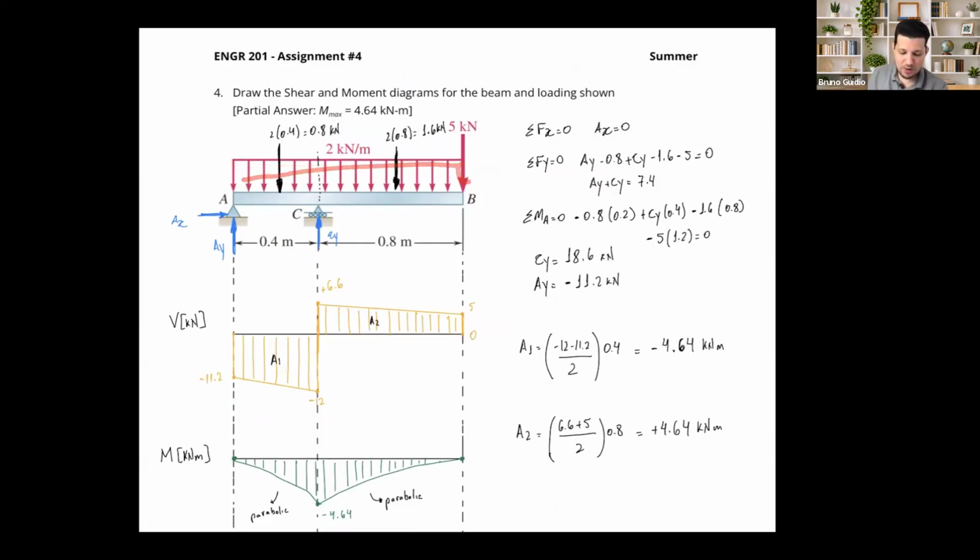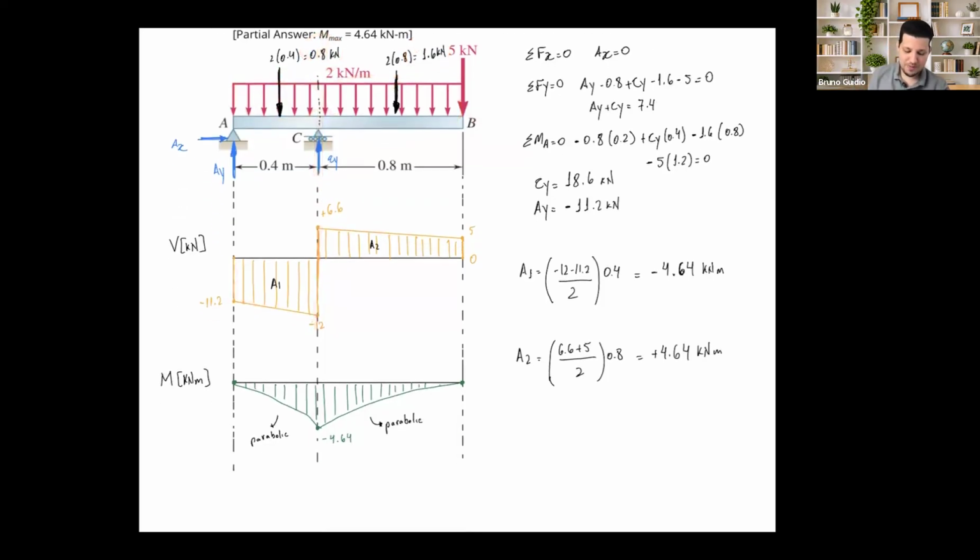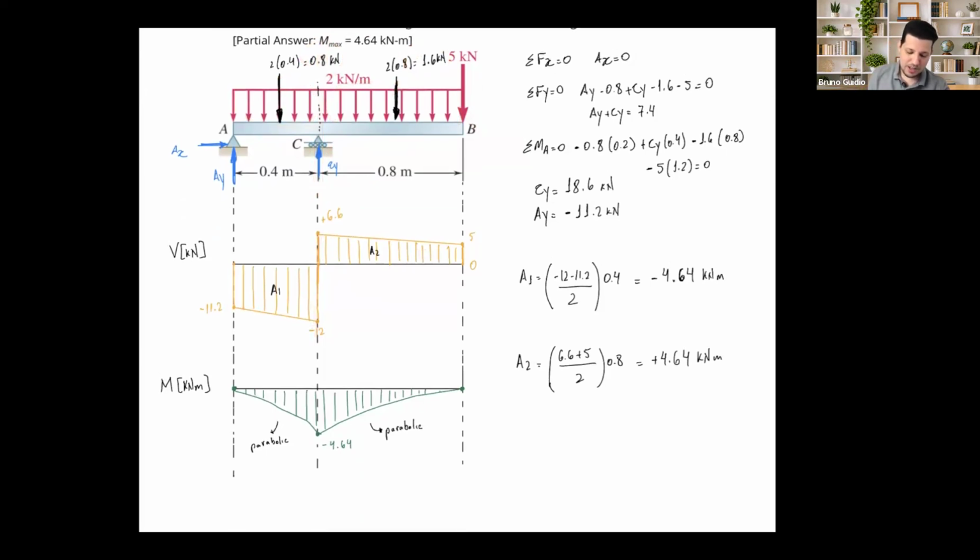Distribute, and then we have a force here, I have a force there, okay? At any time that we have a force or a reaction and a distributed force, please split it. So that's what I did in my solution. I split it, calculate this one here, 0.8, calculate this one here, 1.6, solve this one, then I have the CY, then I have the distributed force again, okay? Here,